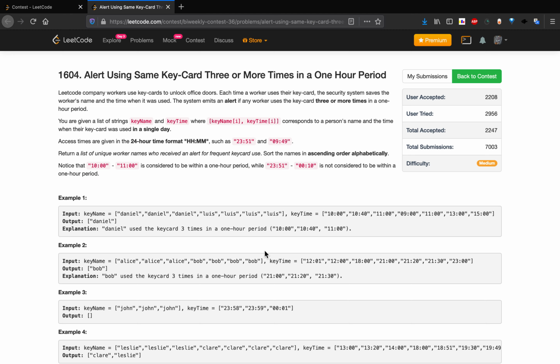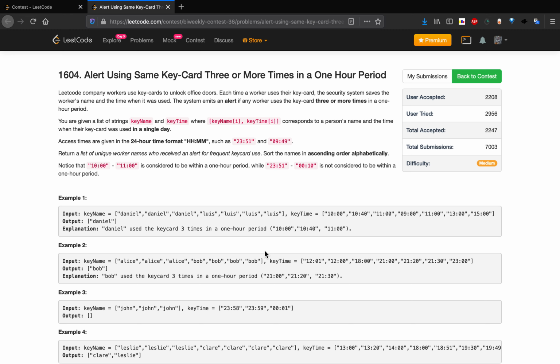LeetCode company workers use key cards to unlock office doors. Each time a worker uses their key card, the security system saves the worker's name and the time when it was used. The system emits an alert if any worker uses the key card 3 or more times in a 1 hour period. So we are given a list of strings key name and key time, where key name I